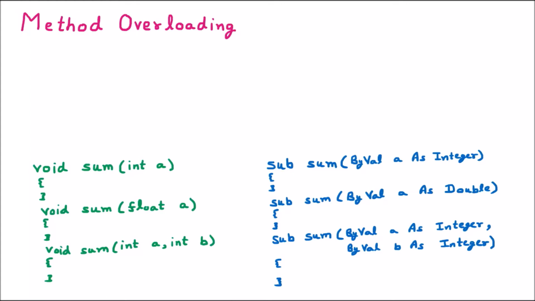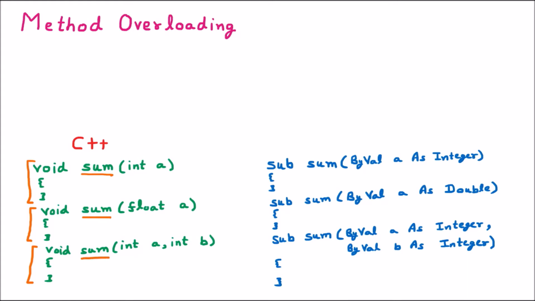Okay everyone, so now we are learning method overloading. To understand that, first of all we are taking the C++ procedures. Now here three procedures are defined. We have the first procedure, then the second, and then the third. Now three procedures are defined, and here we can see that the name is the same: sum, sum, and sum.